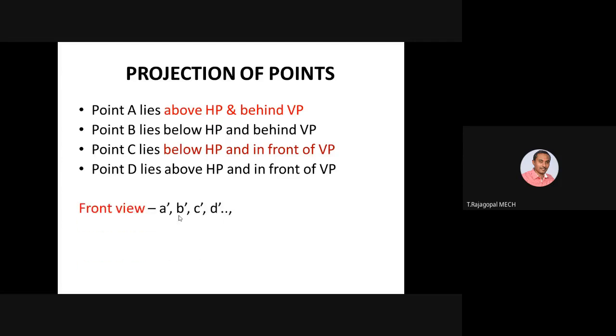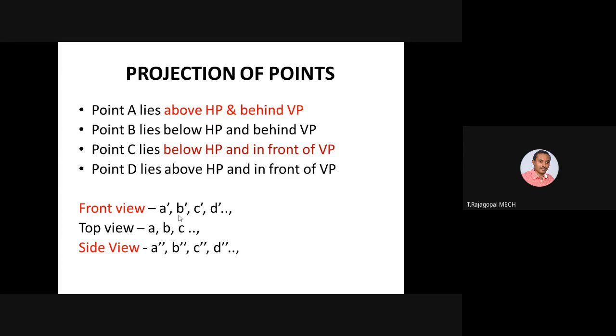Now you can refer: if you are representing point A in the front view, always represent the front view in terms of dashes: A dash, B dash, C dash. This is your top view. If you are representing the top view of any point or any corner or any object, the top view should be represented as it is in the smaller case: a, b, c. Front view should be represented as A dash, B dash, C dash and D dash. For top view, a, b, c. For side view, it is A double dash, B double dash, C double dash, D double dash. So you have to remember these representations while solving the problem.